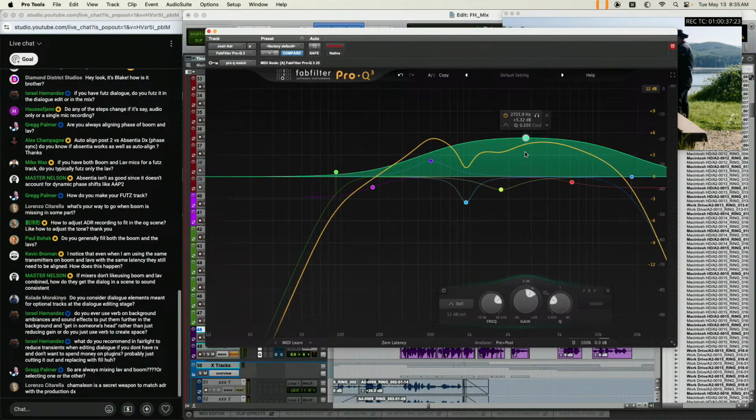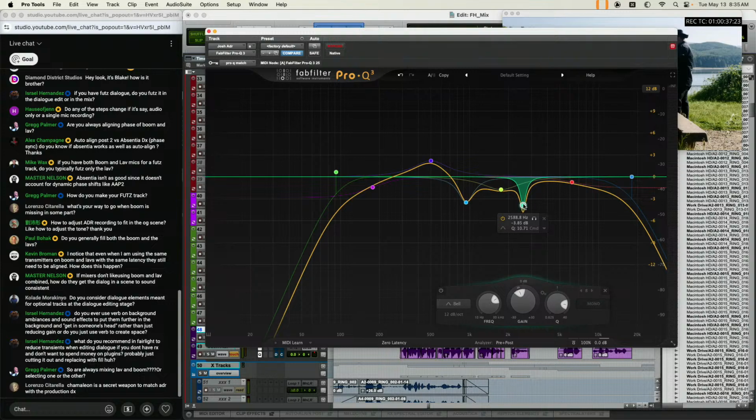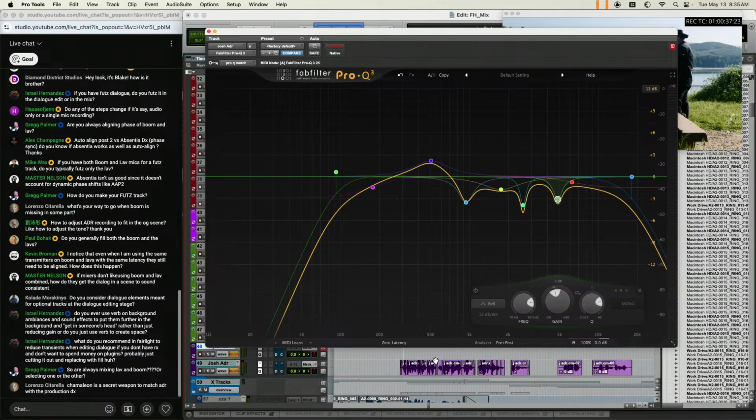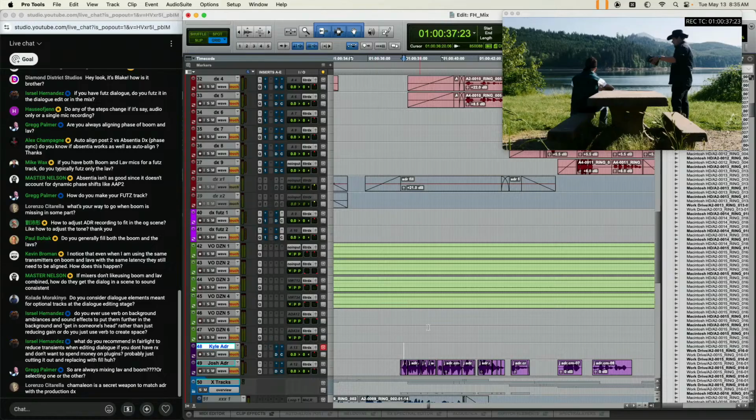These are all things that take a lot of years to learn, and it's just ear training. There's not really a shortcut for this other than just doing a ton of it. So record a bunch of ADR, work on a bunch of films, try to get it close. One big thing that people bump on, and when I say bump, I mean they say, that's ADR, it doesn't match, it doesn't sound real, it sounds disconnected.